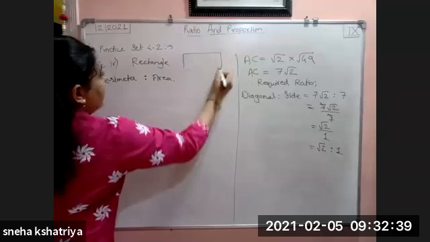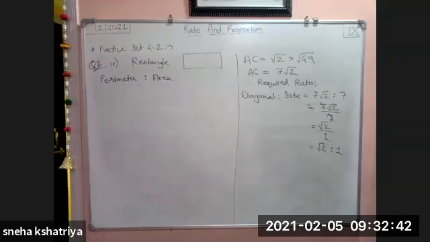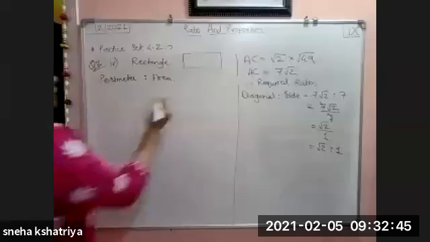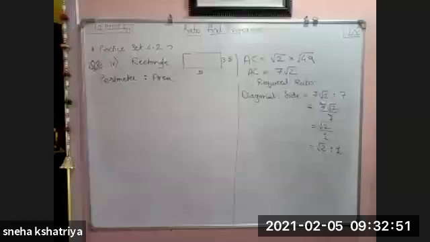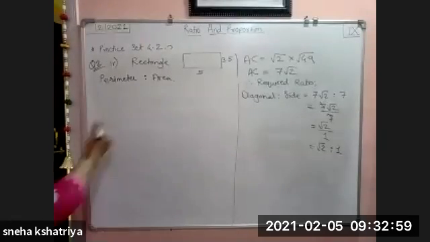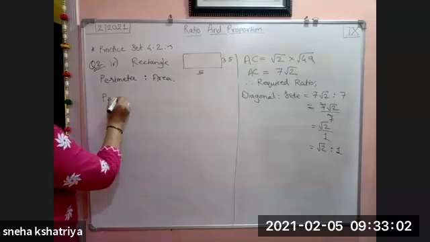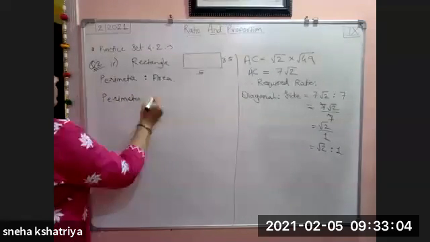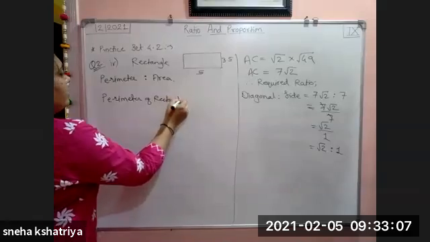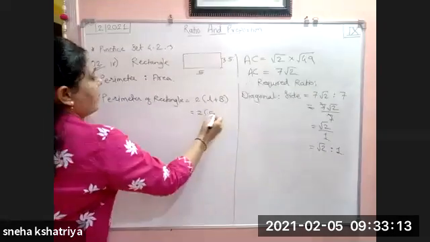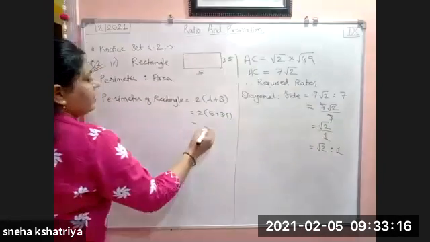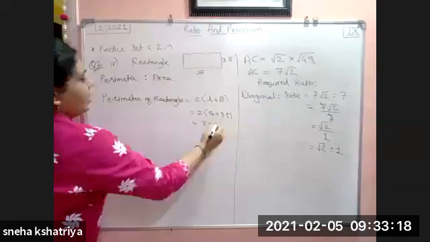Okay, a rectangle is there. One side is 5 cm, other side is 3.5. Okay, the longest side 5, smaller side 3.5. Length and breadth is given. Perimeter of a rectangle and area of a rectangle. Perimeter is 2 into L plus B and area is L into B. So find out the perimeter. Perimeter of rectangle is equal to 2 into L plus B, which is equal to 2 into 5 plus 3.5, 2 into 8.5,